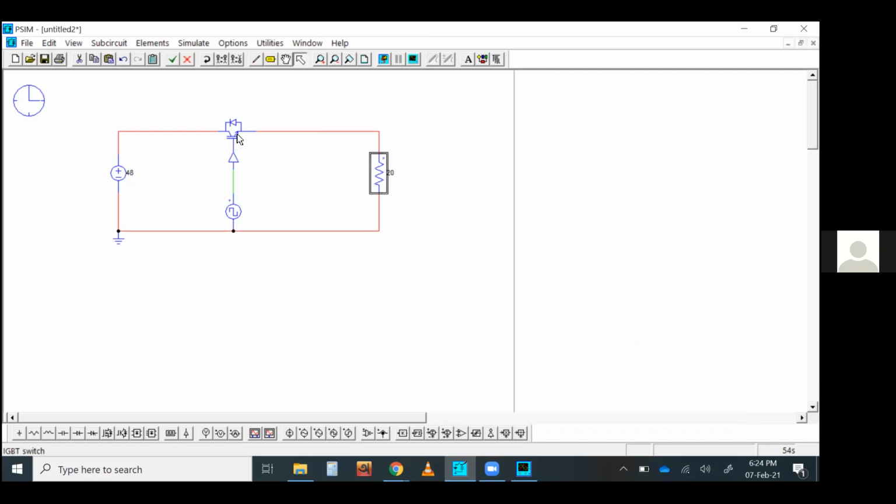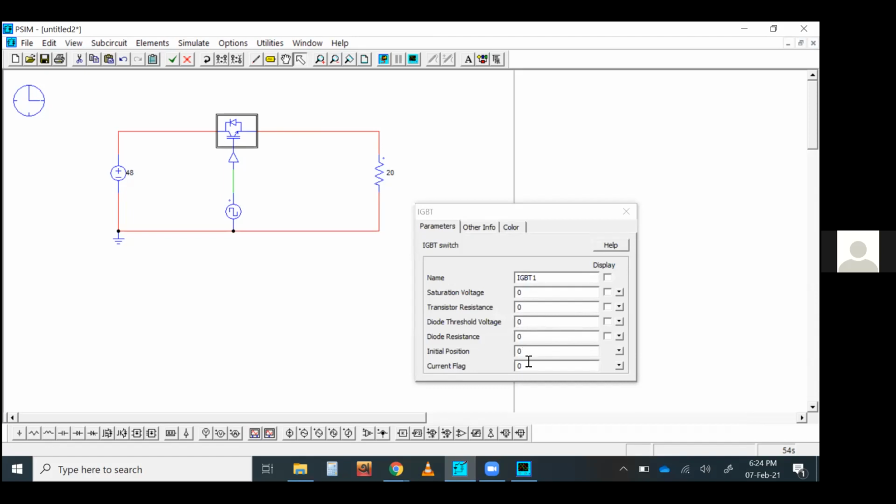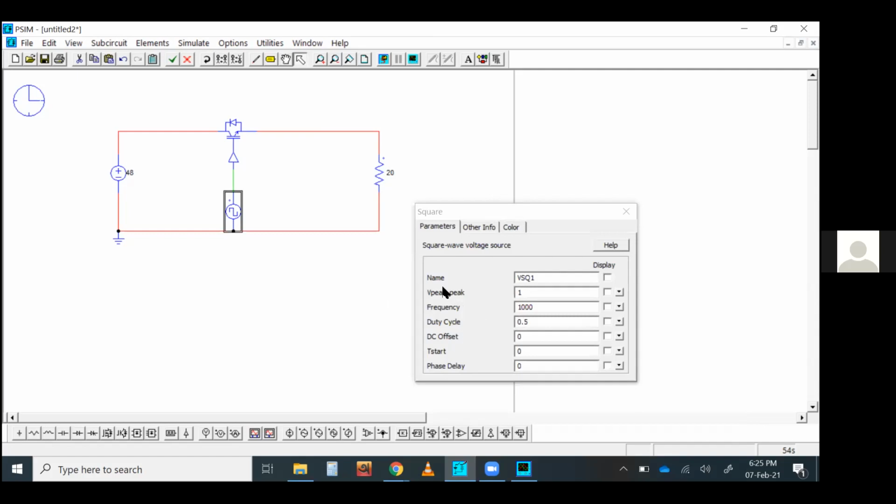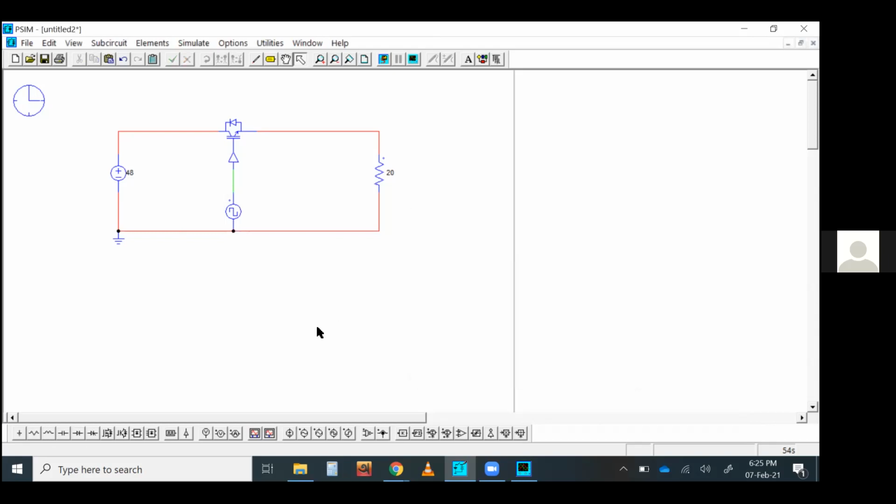And IGBT, you can set the IGBT parameter here as well. And the saturation voltage, put it like 1 volt, something like this. Okay, fine. What about the switching signal? The switching signal peak to peak 1 volt, frequency 1 kilohertz, and duty cycle is 0.5. So that duty cycle, you know, the output of any buck converter is the input voltage multiplied by the duty cycle. So we can make a decision quite easily from here. The 48 volt multiplied by 0.5 duty cycle will give you 24 volt exactly.